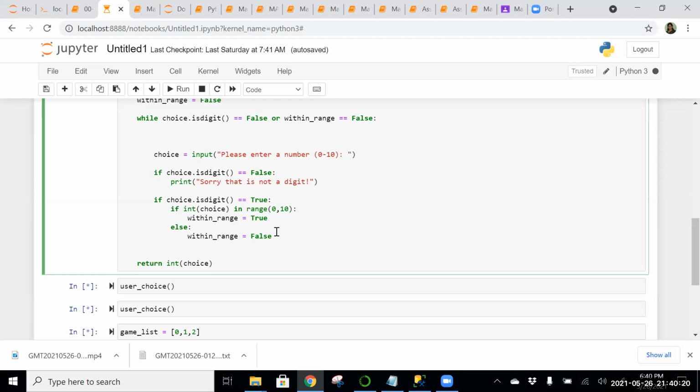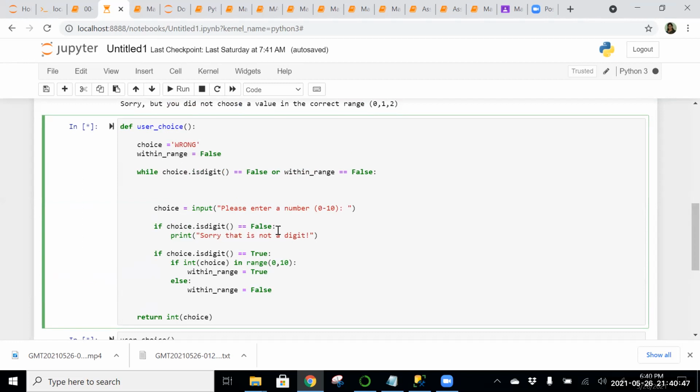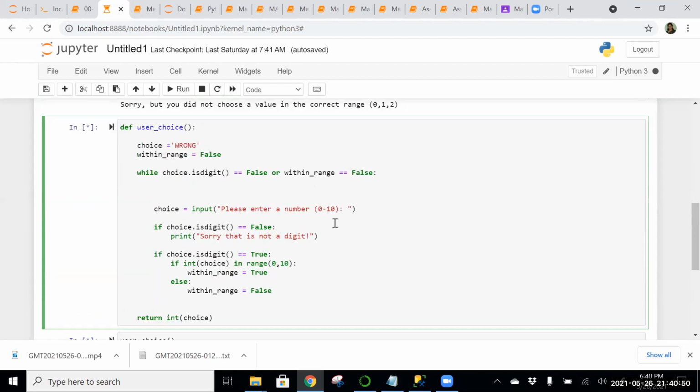If I just try to explain the code over here, can you scroll a little up? We have declared two variables, one is choice and one is within range. We have created a function, and when a person executes this function, he is going to get a box that says please enter a number between 0 to 10. The user will enter a number, suppose he enters 1.